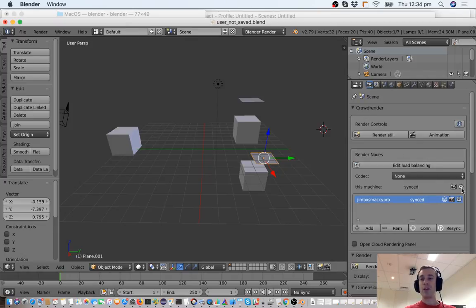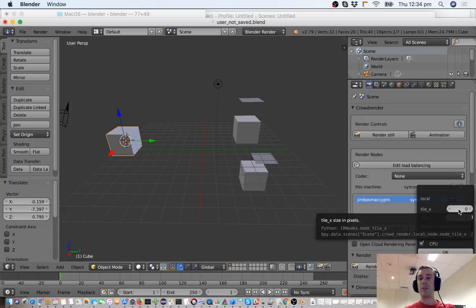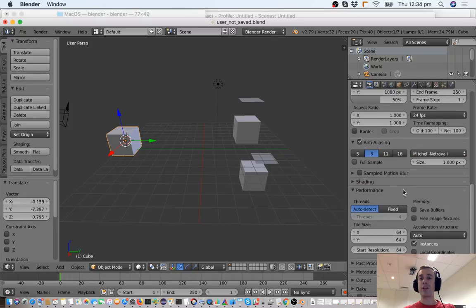Also, if you want to choose what device Crowdrender uses on your local machine, and when I say local I mean master, so this is the computer that you're working on, in my analogy of computers which look like boxes. The local is the machine that you're working on. Now you can actually open this up and change the render device and the tiles in here. If you wanted to change the render tile before in 0.15, you'd have to go down to this panel,